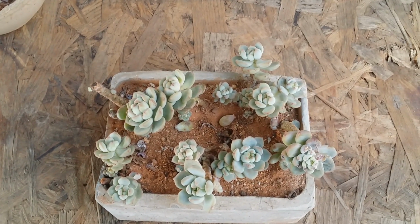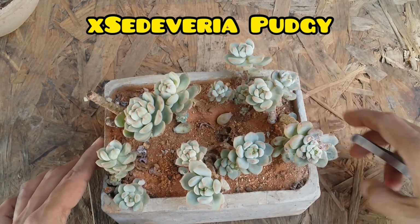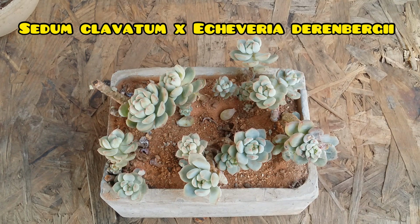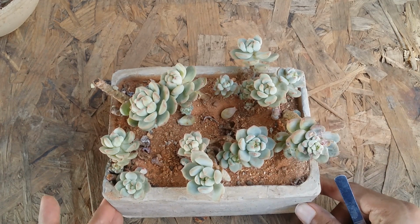In today's video, we'll be talking about another beautiful Sedeveria called Sedeveria Pudgy. Now this is a cross between Sedum clavatum and Echeveria derenbergii, so you get the name Sedeveria. Talking about this variety, it's a pretty easy to care succulent, so if you're a beginner, definitely add